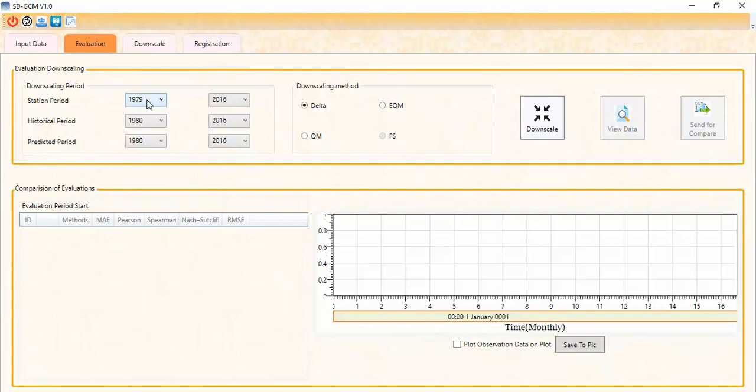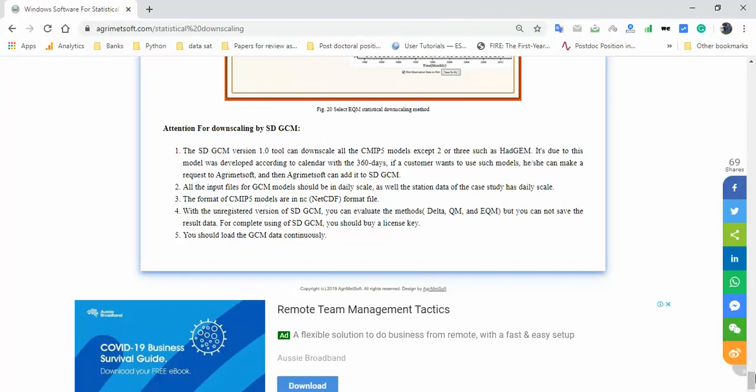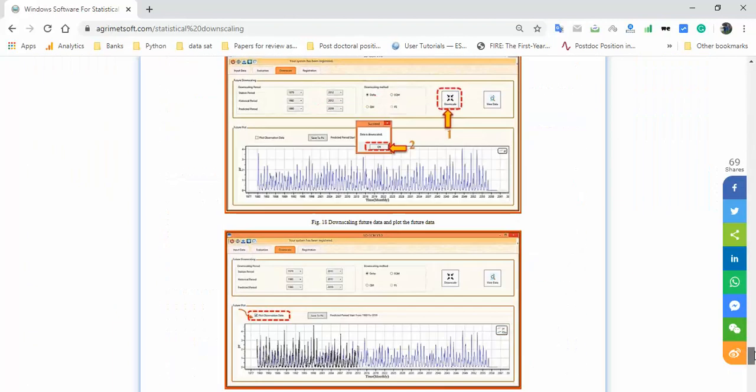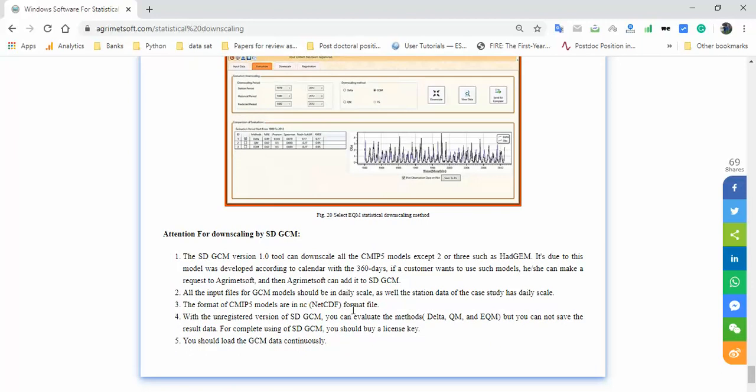There are several points related to a step. I prefer to show you our website here. On our website, we put some tips related to help with this SD GCM format. And at the end of this page, you can see some attention notes and tips related to this version. One of them is